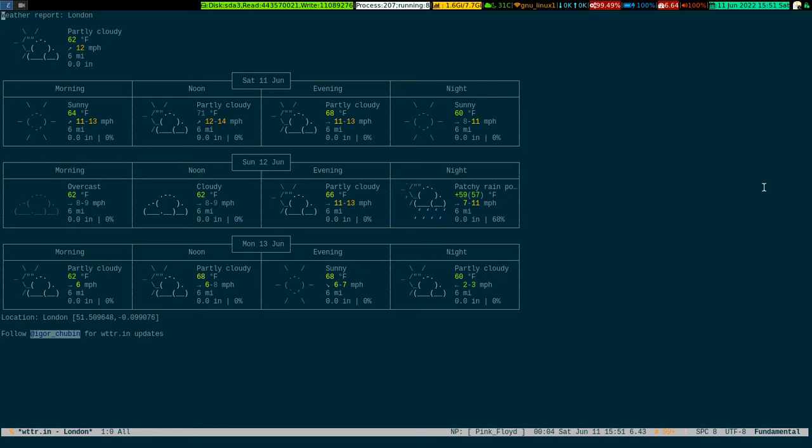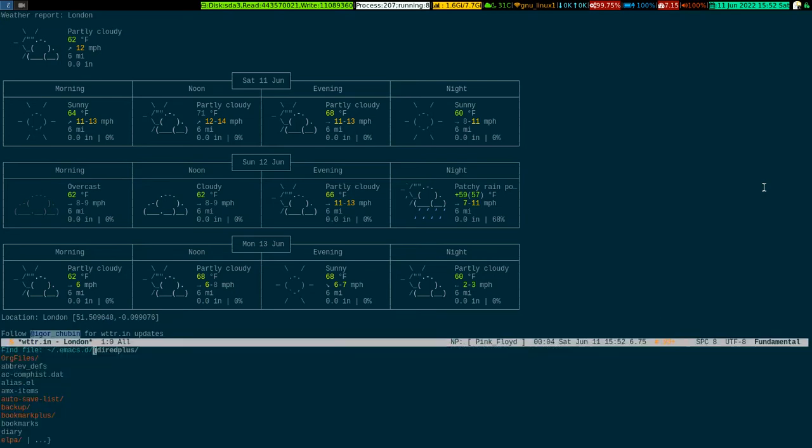Okay, it's very convenient. You can see the weather report of a specific city inside Emacs with the help of a package called wttrin. So let me show you the file, which is a very easy and small lisp source file, so you can easily understand it. So Control-X Control-F, it's in ELPA,